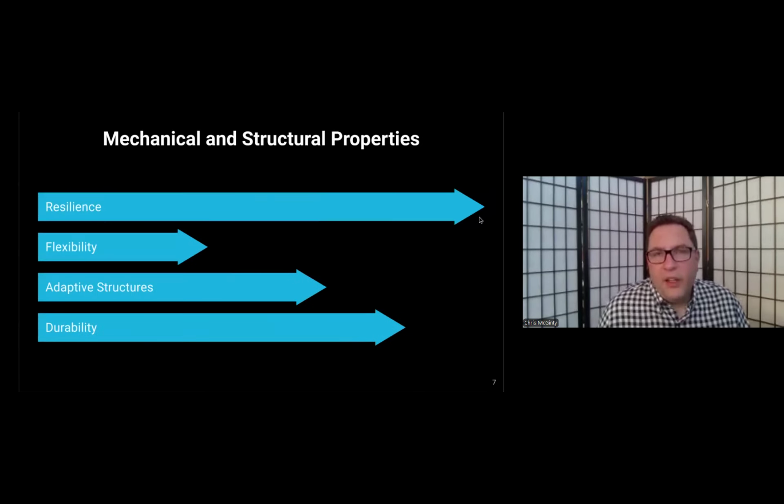So we look at the alloys for their mechanical and structural properties. The resilience of these, because of the fractal self-similar nature within the alloy itself, is very high. Flexibility is higher than usual as well. But we're really looking for resilience and durability. Some of these, there are some for biomedical that have really interesting flexibility characteristics, and I'll show you those as well.